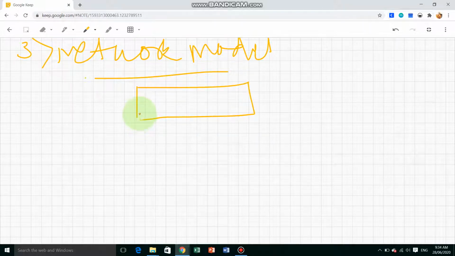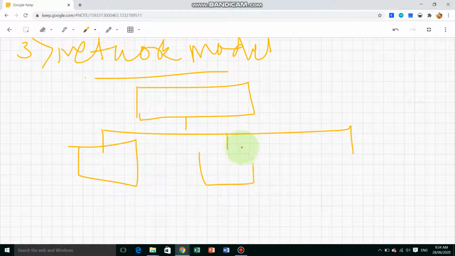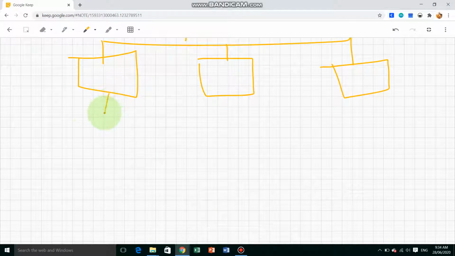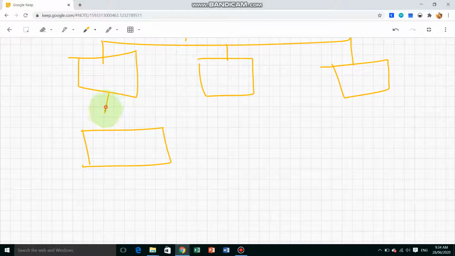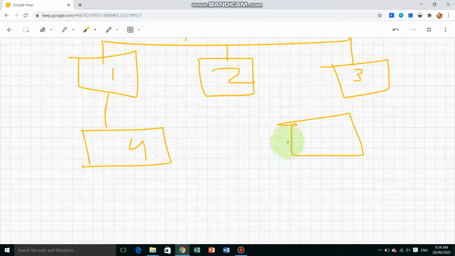Suppose in this table, this is also called three tables. Okay, 1, 2 and 3. In this table, see, also this is a many-one table. And here also one table. So in network model, what does this mean? See, this table has connectivity with one table. See, this is the 1, 2, 3, 4 and 5 table.